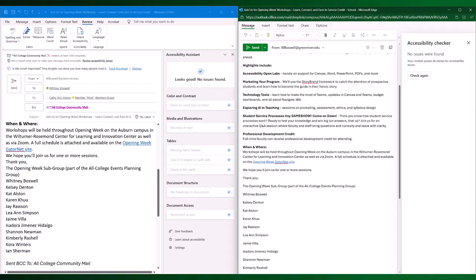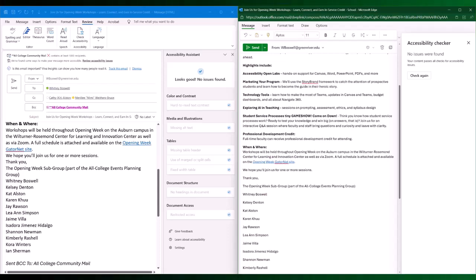It's important to note that the tools we use for accessibility are a great starting point. They catch a lot of the basics like missing alt text in images or issues with tables, but tools can't tell you if alt text is meaningful or if the content that you've written needs headings and at which level they need to be. That all comes down to you, the person who knows the content.